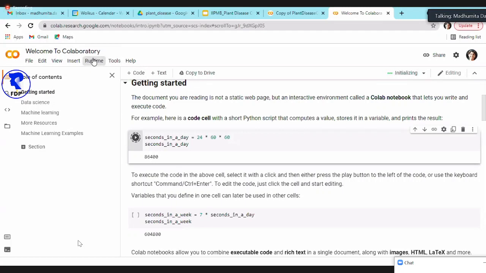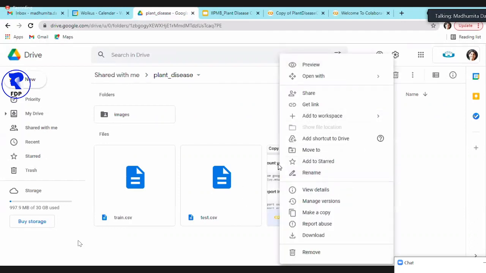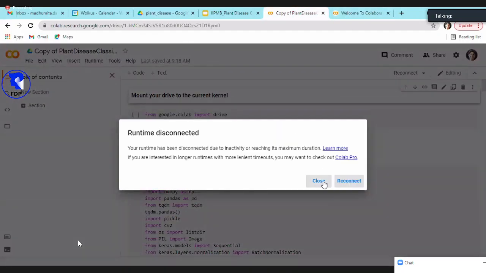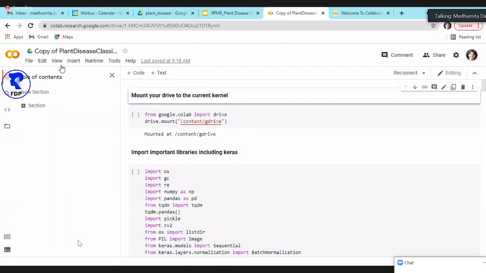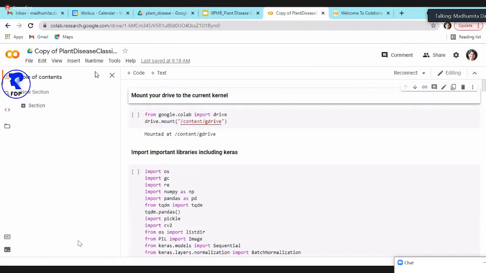Once you go to Google Colab and go to this drive, open this notebook in Google Colab. And here, go to this top section. If you are not able to see the top section, maybe you have hidden it. So just toggle this thing here and you should be able to view these bars.